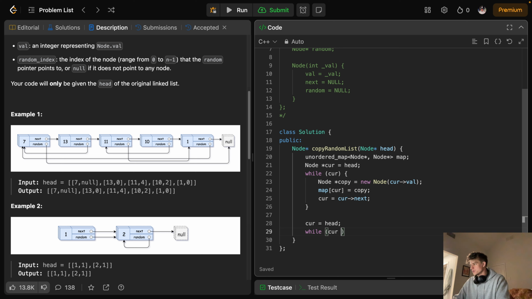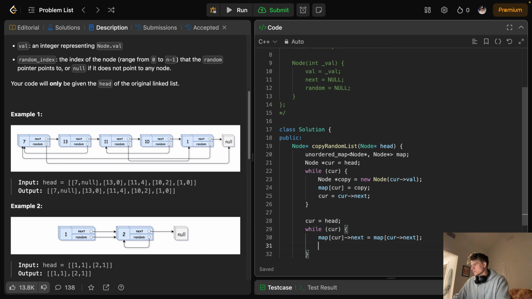We're gonna iterate while cur is not null, and then we're going to basically deal with assigning those pointers now. So our map at the current node, the next node, so this is going to be the value at map cur, which is going to be that new node we created. So its next node is going to be assigned to whatever the pointer is to the current next node, right? So that's already been initialized, that value. So we're going to assign that, and then